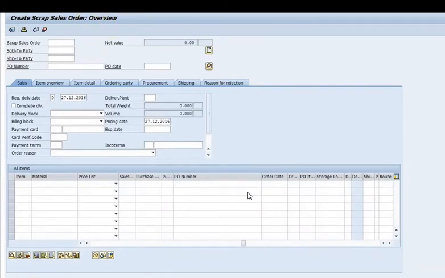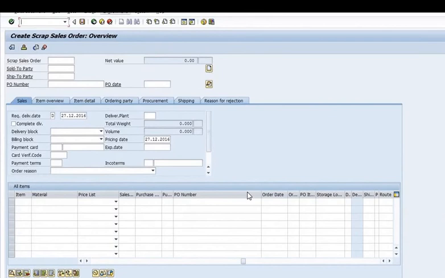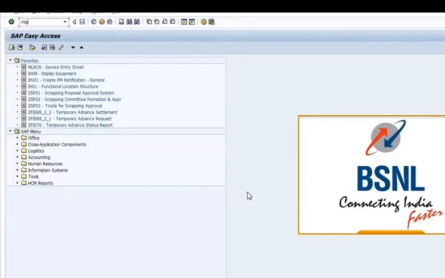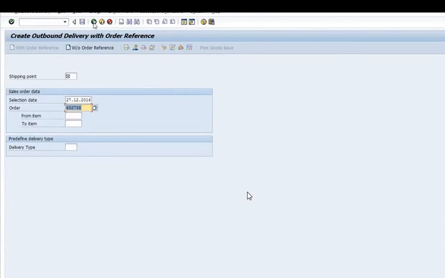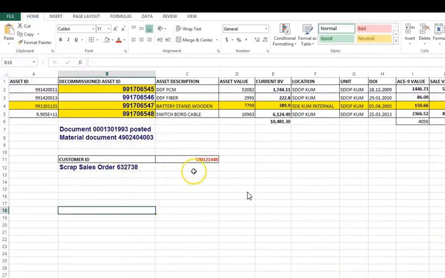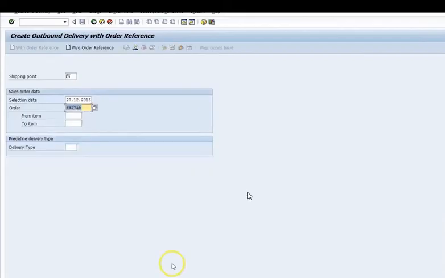Now the next part is to create the outbound delivery, OBD. For the OBD, the transaction code is VL01N, and the OBD is created with reference to the scrap sale order.